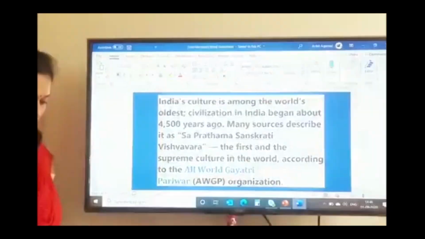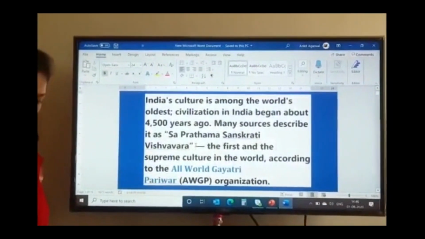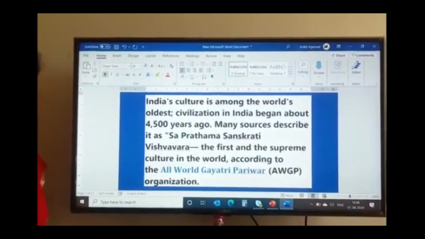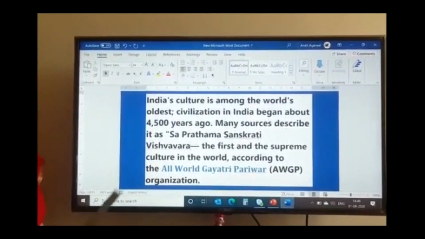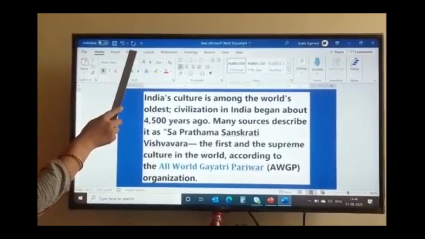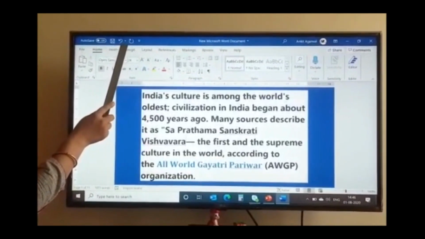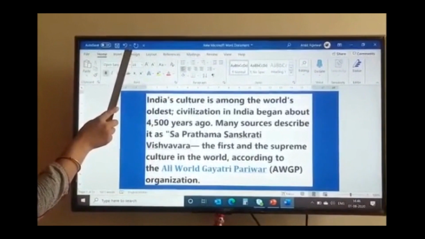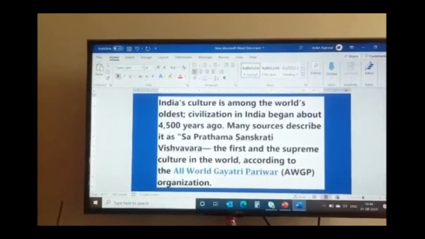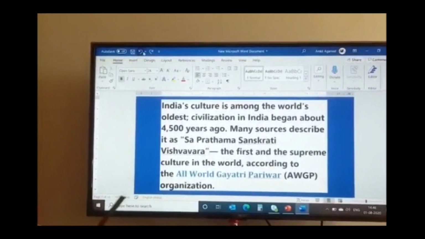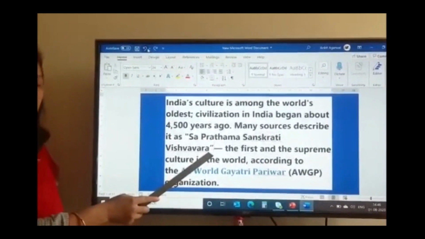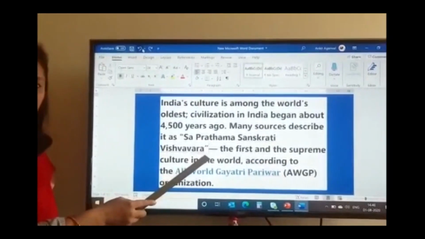I delete it with the help of the backspace key. Now the inverted comma has been deleted. This is the quick access toolbar. Now this arrow on the left side is the undo button. So I click over here, undo. You can see the inverted comma has appeared again.